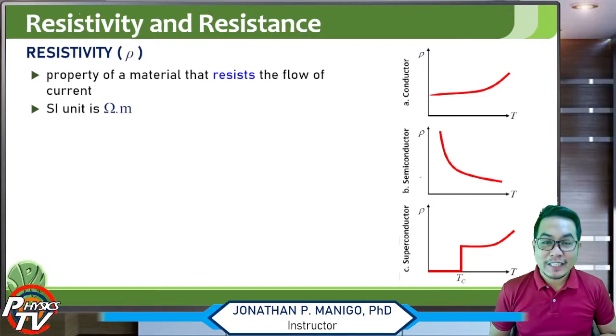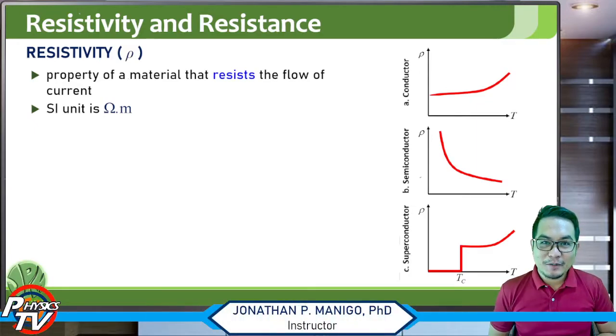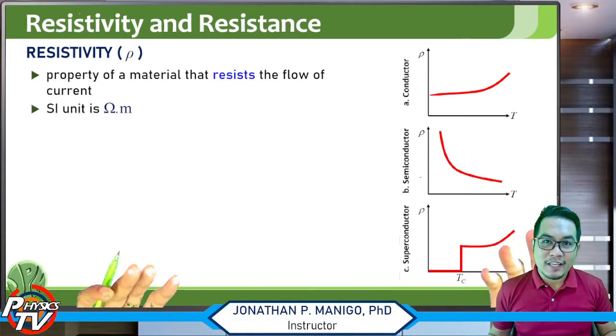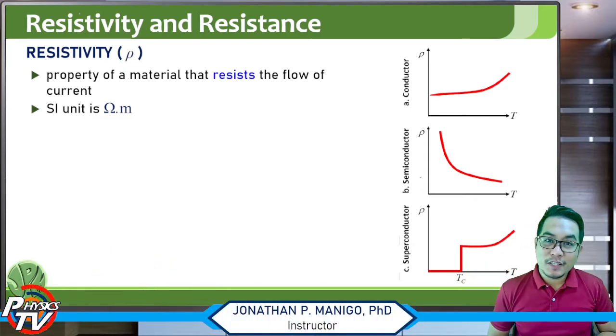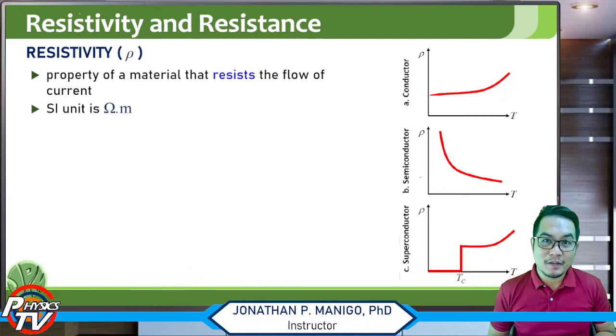So the dream for physicists, electrical engineers, and the like is to obtain a room temperature superconductor. As of now, superconductivity happens at very low temperature. If we can create a superconductor at room temperature, then the price of electrical energy will